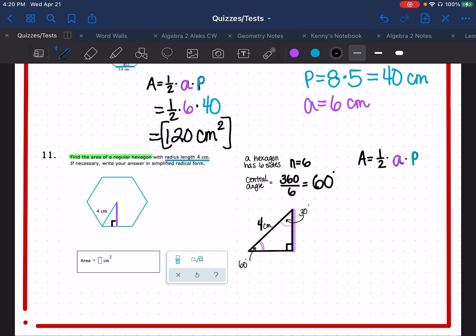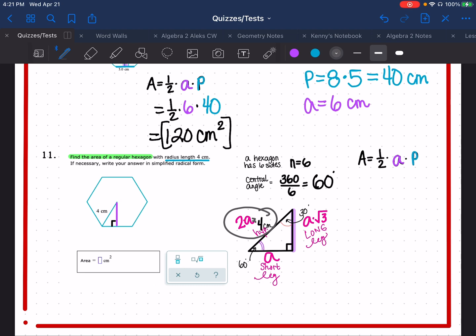In my 30, 60, 90 triangle, I'm going to use a pink color. I know that the short leg is here between the 60 and the 90. I know that the long leg is here between the 30 and the 90, and I know that this is the hypotenuse. I also know that the short leg is A, the long leg is A times the square root of 3, and that the hypotenuse is 2 times A. Notice right here,